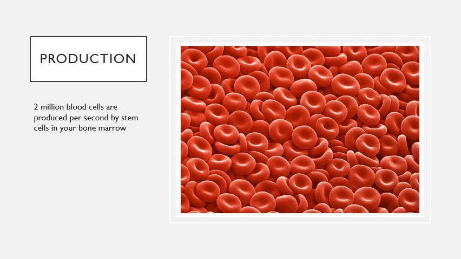In your body, you produce roughly 2 million blood cells per second. I know. You are churning out red blood cells. They are produced from your bone marrow. So you can imagine people who have certain cancers where their bone marrow is destroyed cannot produce red blood cells efficiently. This leads to a lot of problems. But in a normal, healthy human, 2 million blood cells are produced per second.